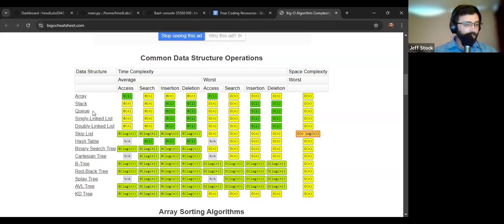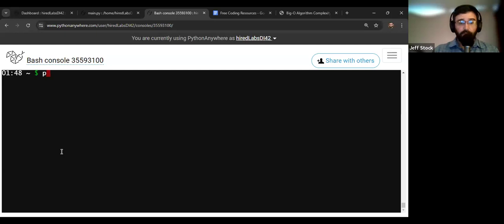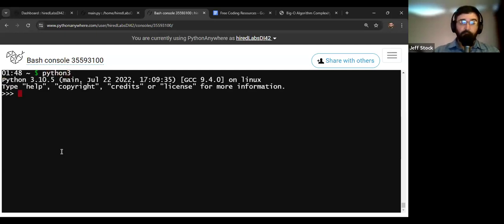We're going to use some examples of not doing them directly in Python, but I'm going to try to draw them out a little bit and kind of show you what they are. So to do that, we go back to Bash console. I'm actually going to be in this Python console like we are here. So let me get out of this and clear this up. So back in Bash, if you want to do this along with me, I'm going to enter a Python 3 console by just doing python3. So now I'm going to type in Python.